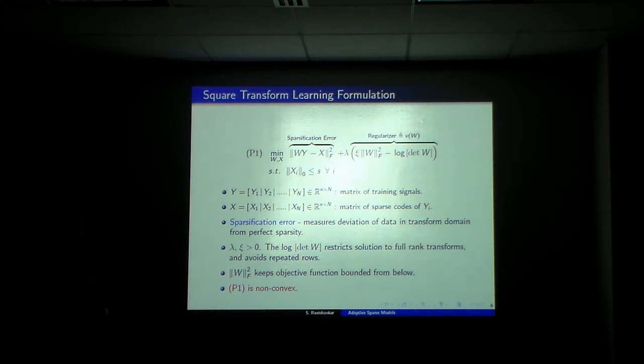Okay, so if you have more questions or want to talk about other flavors of transform learning and so on, you can